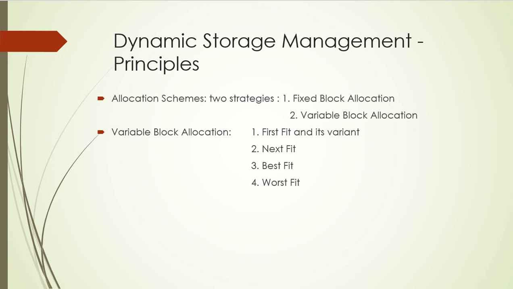That is why it is known as fixed block. Each block or each node of the memory bank will be of the same size. Whereas in the case of variable block allocation, each node will have its own size. They may be equal or may not be equal, but there are variations in the sizes. So that is variable block allocation. There are many strategies to follow, like first fit, best fit, next fit, worst fit, etc. We'll talk about all that in detail during our discussion.